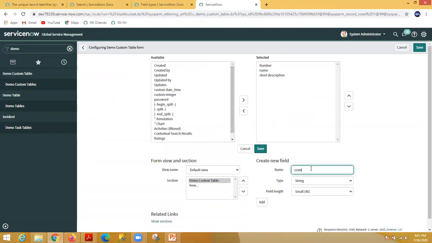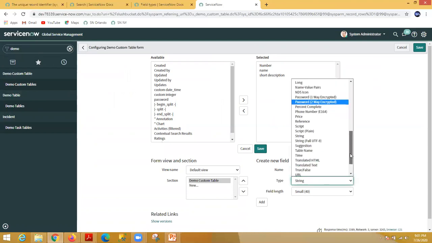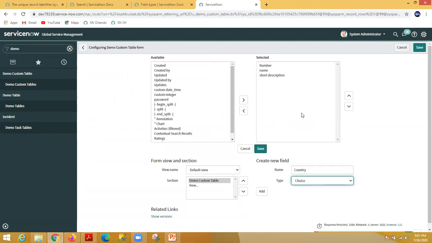So let's say country. So country is the label, and here for data type you have to select choice. You can see this is the choice data type. Add this. Same way, one more, city. This will also be choice. Okay. So now you can save this.